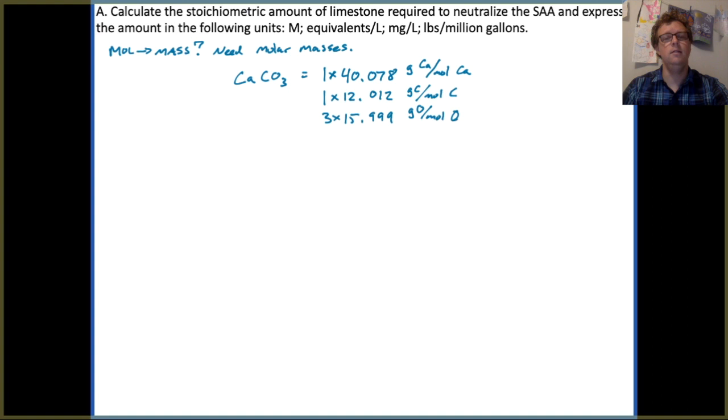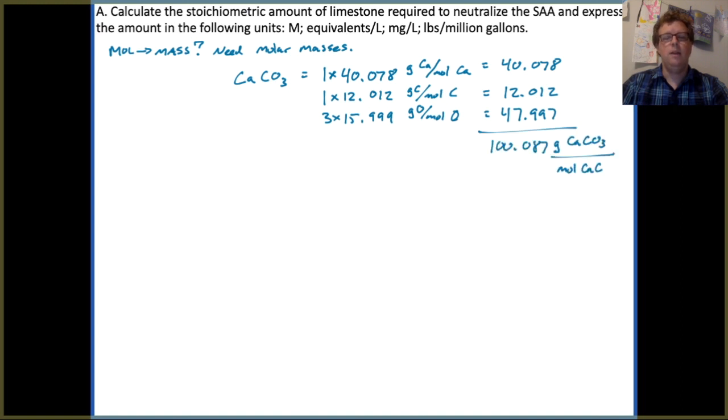the atoms of calcium, atoms of carbon, and atoms of oxygen that are in the molecule. In that second column, I'm using the atomic mass for each of those, and you can look those up on the periodic table. We multiply the atomic mass by how many of each are present, and we find that 1 mole of calcium carbonate weighs just over 100 grams. So that molar mass is key to converting between moles and then masses